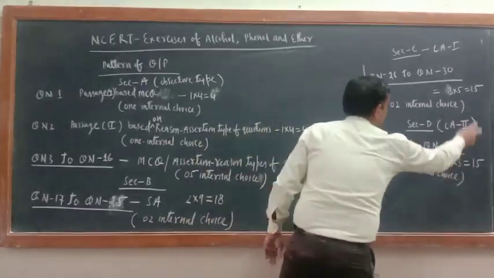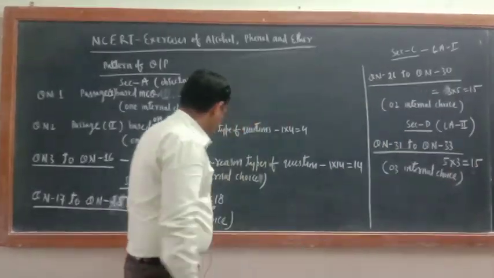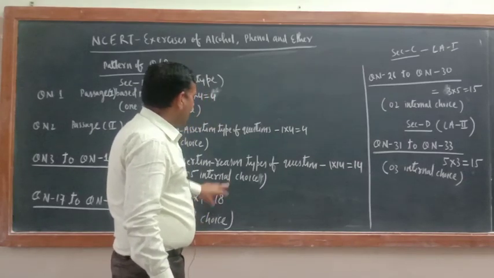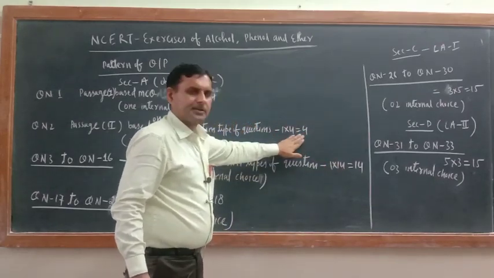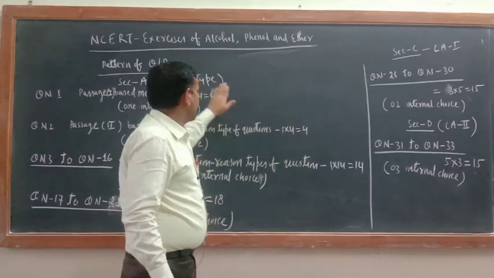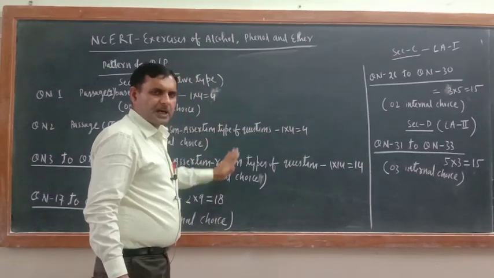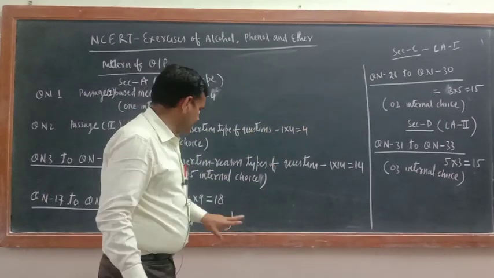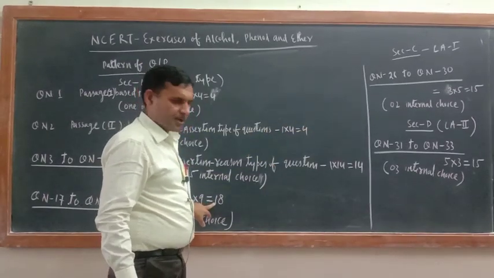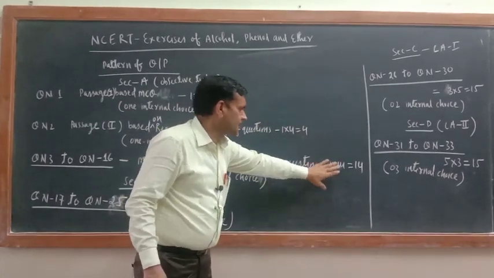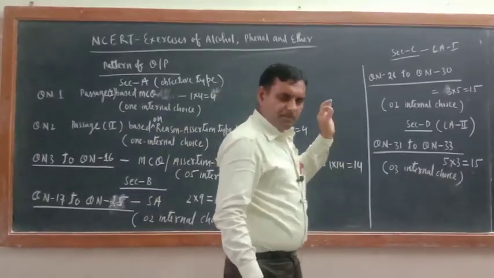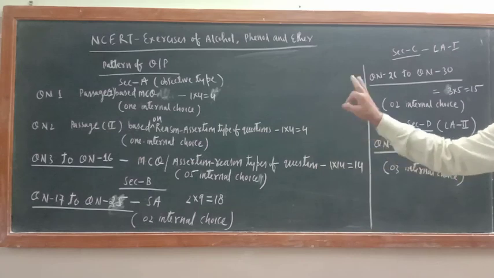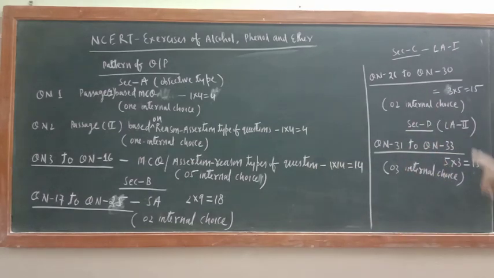So this is 30, 15, 15, 30. This is 18, 48. And this is a total of 4, 4, 14, 22. So the total is 70 marks. Once again, 30 marks there, 18 marks here, plus this one is 22 marks: 14, 4, 4. So the total is 70 marks. Whether it is set A question paper or set B, you will get it in this way. Once again, Section A is fully objective type.